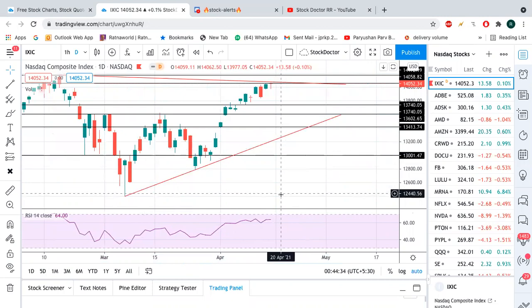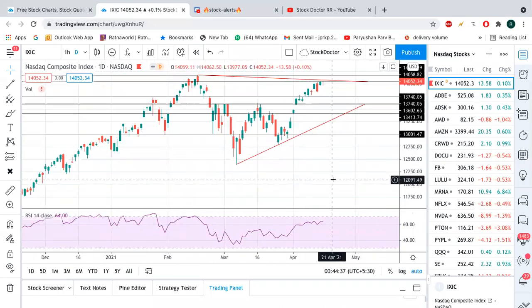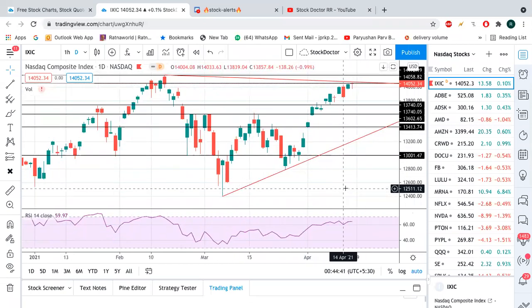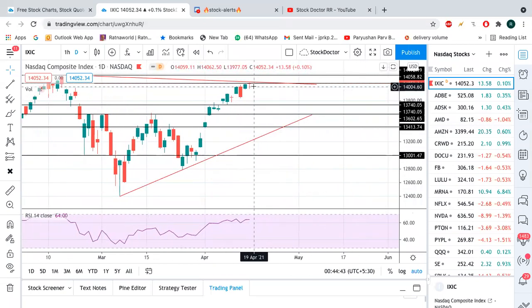So now there can be two possibilities the index might show. It can create an evening star pattern where it will open with a gap down and try to go towards 13,750 here,